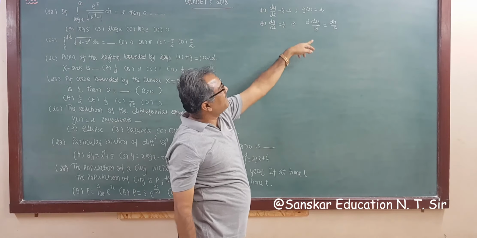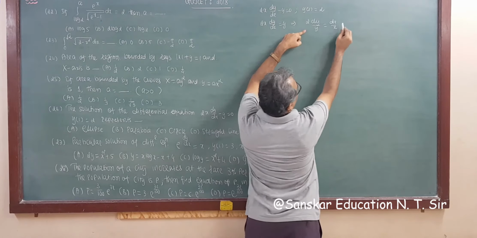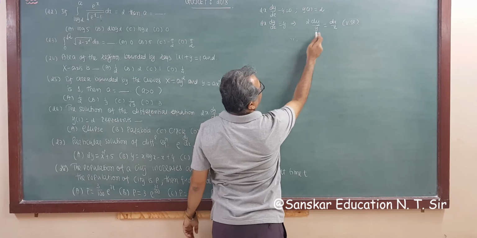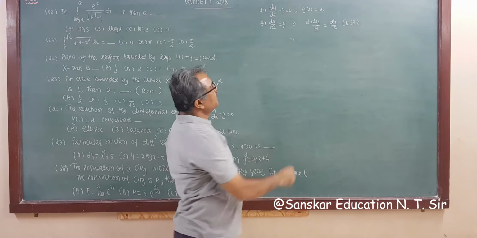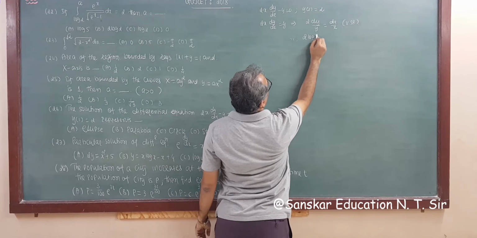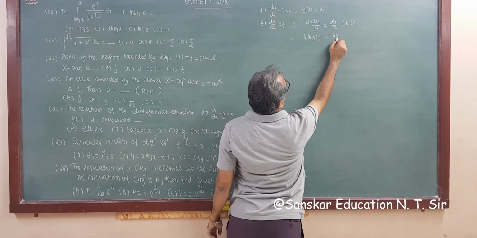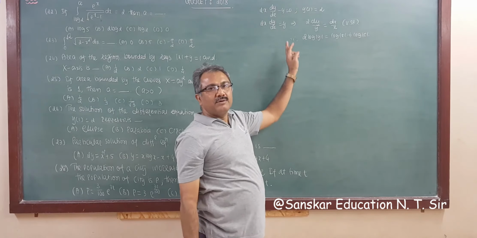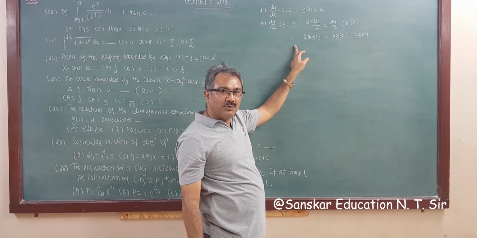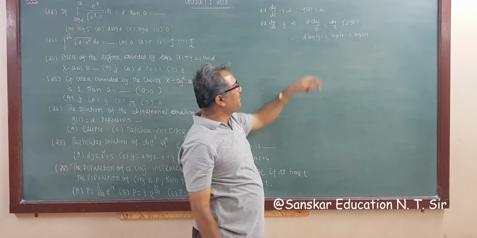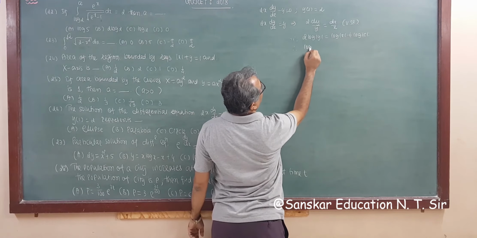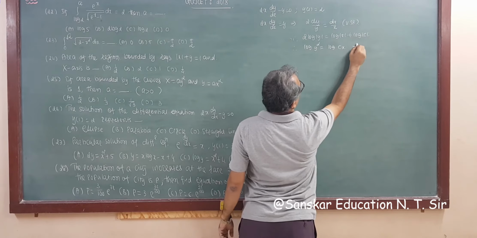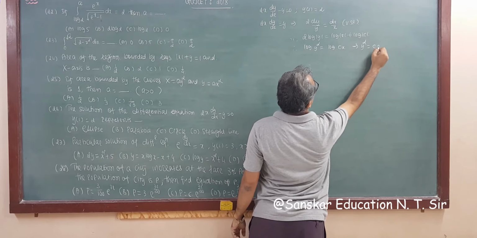So this is variable separable form, and we have to integrate this. Integrating this, what do we get? Derivative of the denominator is in the numerator. So the answer is 2 times log mod y is equal to log mod x plus log mod c. Now applying the logarithmic rule, log x raised to n power, this becomes log y square is equal to log cx. So this implies y square is equal to cx.